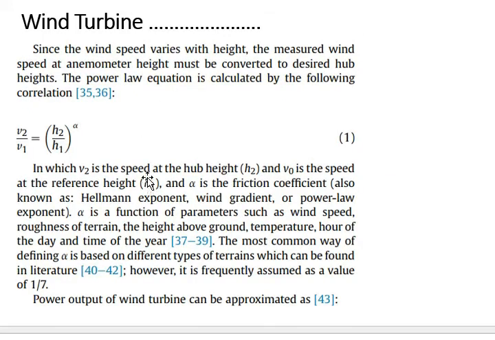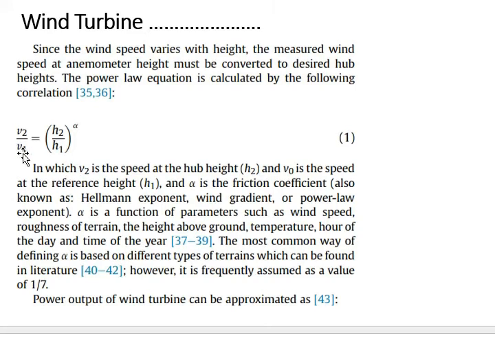The second one is the modeling of a wind turbine. The first thing you should consider is that the wind speed is dependent on the height, totally dependent on the height of the wind turbine you are using. The wind data will be available at some reference heights, suppose at 10 meters. Now your wind turbine may be at a 15 meter or 20 meter height, so you have to convert your wind data to the new height.